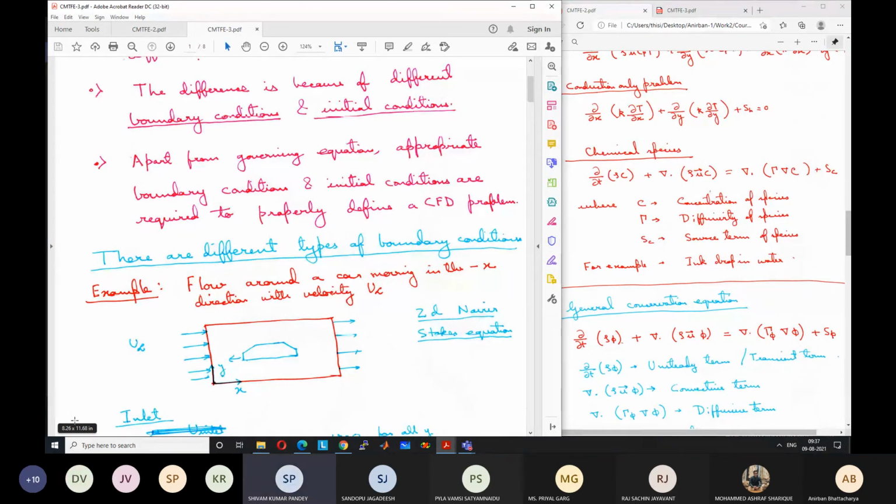Sir, if we consider the car as the body, if we take the car as a reference body, then the relative velocity of air, which is coming from the forward direction, will be the inlet boundary condition, and the surface of the car body will work as a boundary wall type of thing. Correct.